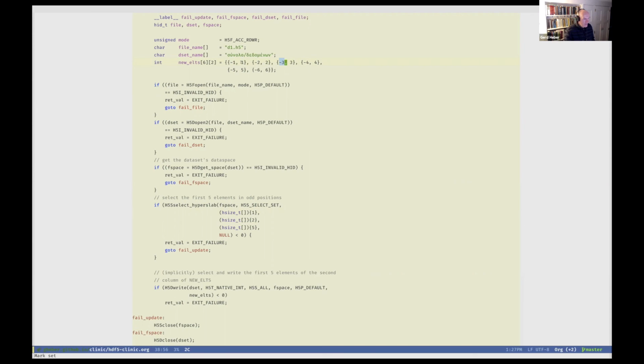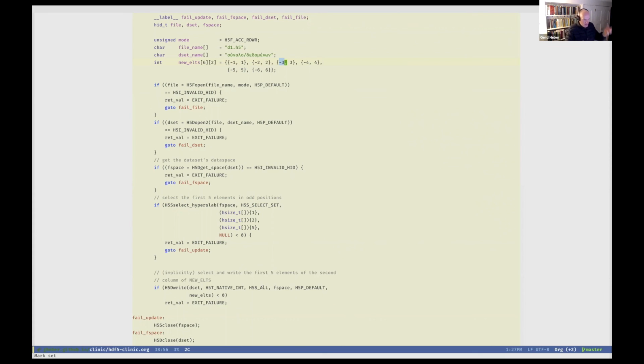So effectively, we are selecting in memory 1, 2, 3, 4, 5. And what that would mean is, if I had an array with fewer than 10 elements, if it had only 9 or 8, you would get a segmentation fault, because the library in this case would be attempting to read beyond the bounds of this array. And this is what happens with what I call the mirror effect.